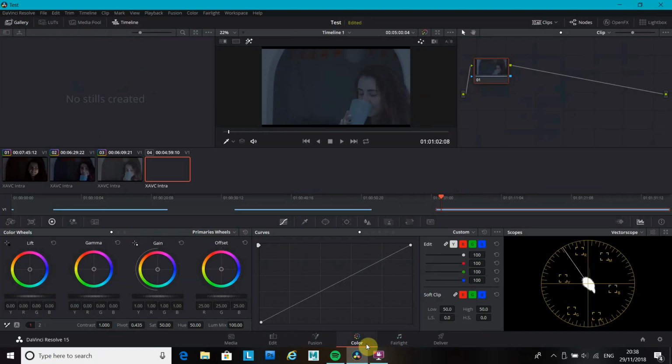Okay, so I have my image here, which I'm going to be working with for correcting skin tones. So first, you take the saturation down to 0, which makes it black and white, and then you can change the luminance